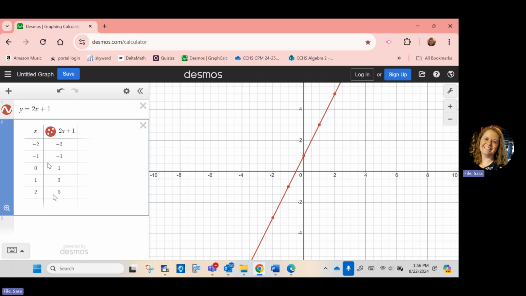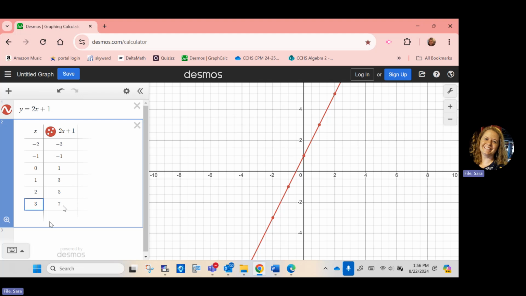Okay. Your table, when you do this method in Desmos, when you type your equation, click the gear, click the table, it's always going to give you the x values, -2 to +2. So if there's another x value that you need, you can just type it in. If I want to know, okay, what about when x is 3? I can type a 3 and it's going to automatically fill in the y value. So you can make your table whatever x values you want, okay? So you can get a table in Desmos and then plot the points